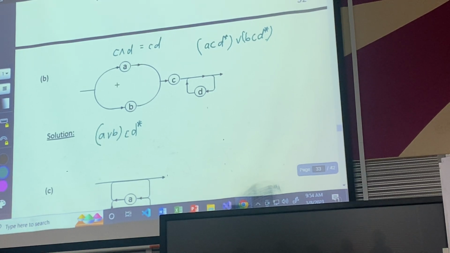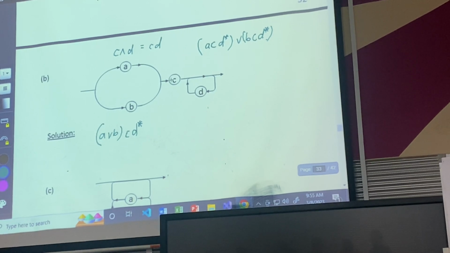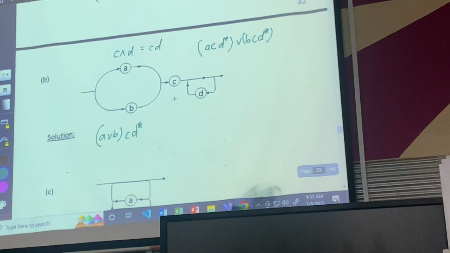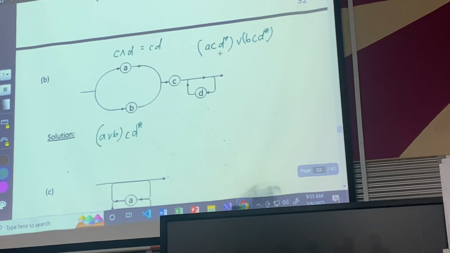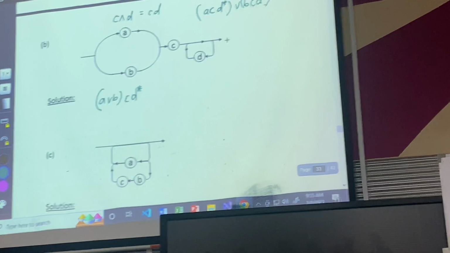Why do we put it in a bracket? Because every time when you go through here, you will choose either A or B. Then only you go to C, then only you go to the loop D. Okay? This one,